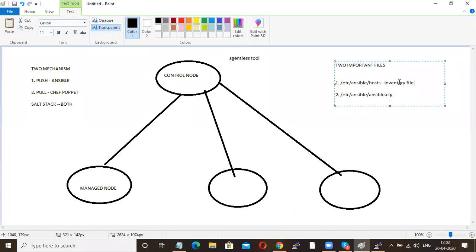What does the inventory file mean? The inventory file will contain the IPs, or host names you can say, of your slave machines. Whereas the ansible.cfg file is the configuration file for your Ansible. So these two are important files for Ansible. The inventory file will contain the IPs of your slave machines. Fine.